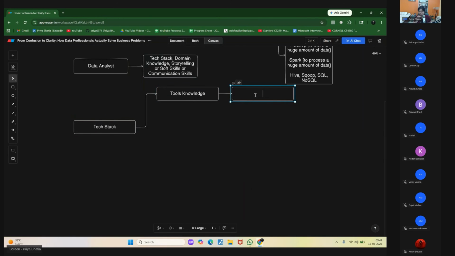For example, there are two tools which are very important in the DA specific job role, and in future they will be helpful for you personally as well. The first one is Excel, and the second tool is Power BI. Both of these tools will help you